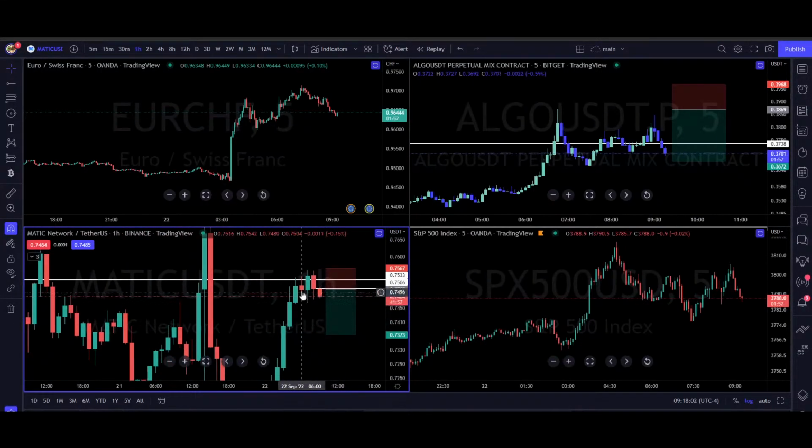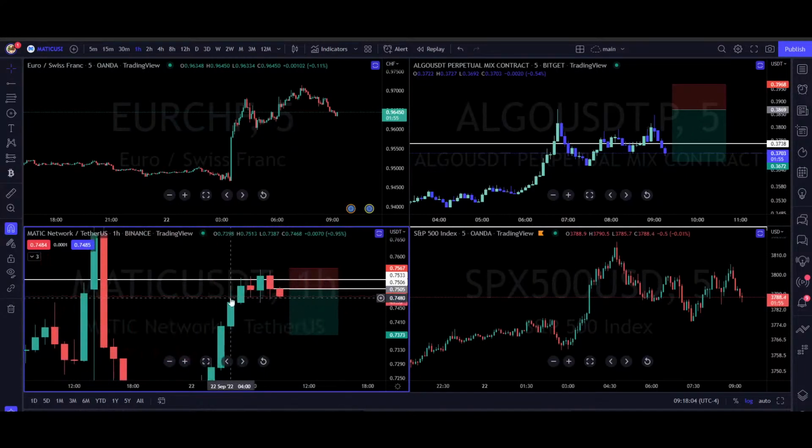But this one will potentially provide an entry. I still wouldn't just short it now in hopes that it would work out. I need that pullback into the entry. Let me pull it up over here because I had Matic or Algo on the exchange. We're just waiting, confidently and patiently waiting.